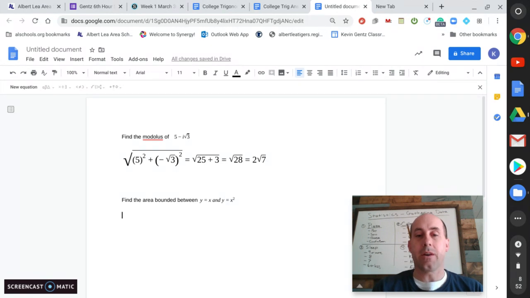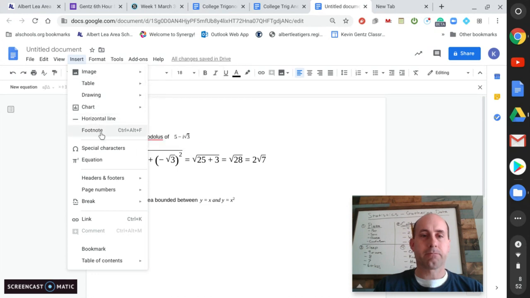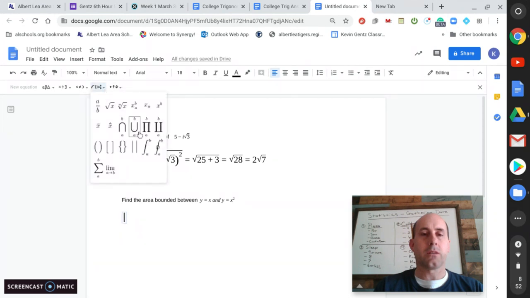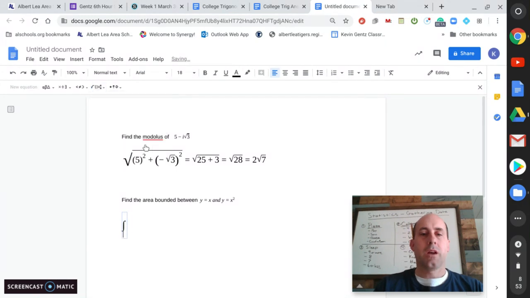Calculus class, say you want to find the area bounded between y equals x and x squared. First you would draw it out. You'd find that x was on the top, x squared was on the bottom. You'd find the intersection points were 0 and 1. And again, I like to put my font at 18. So as I go to insert here my equation, I have an integral from 0 to 1 of